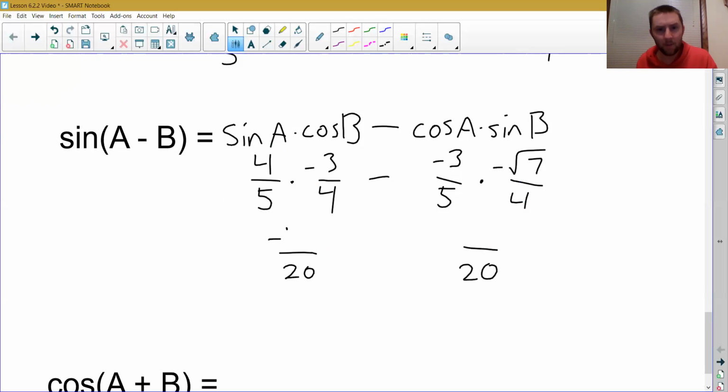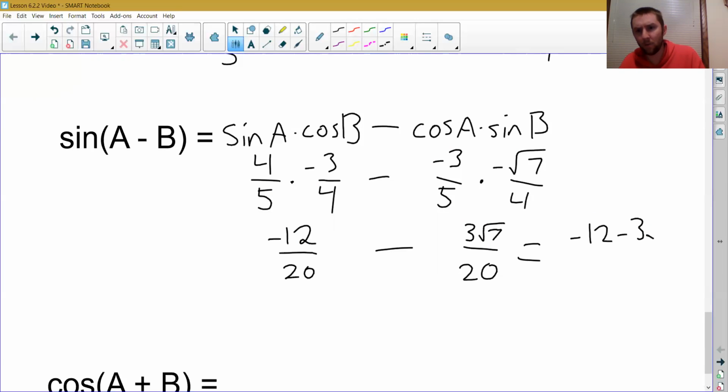This is going to be negative 12. This, a negative 3 times a negative radical 7, is actually positive 3 radical 7. There's a big minus sign between them. So now I can combine the fractions because their denominators are equal, and I'm going to get negative 12 minus 3 radical 7